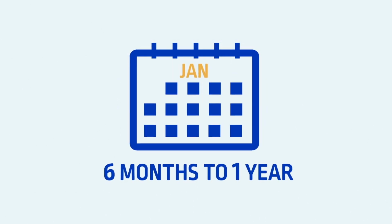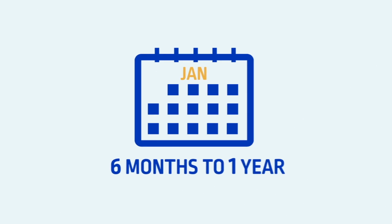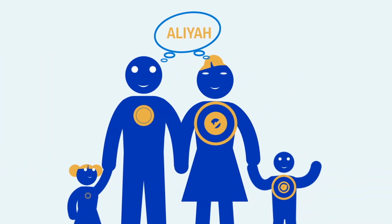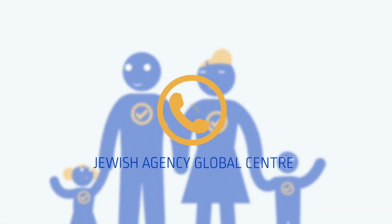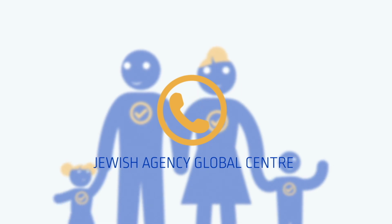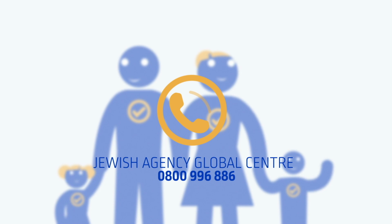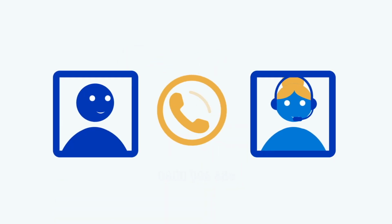In general, the entire Aliyah process can take about 6 months to a year. It's not a matter of just signing a form and jumping on a plane. Once you've decided to start the process, you'll need to open an Aliyah file. You do this by calling the Global Center of the Jewish Agency in Israel via the toll-free number from South Africa, 0800 996 886. One of the Aliyah experts will guide you through the process, open your online file, and